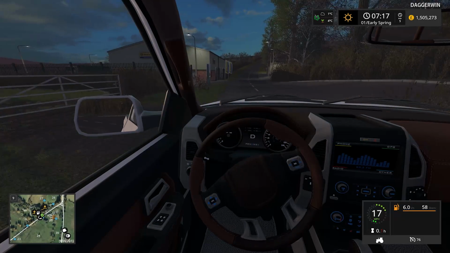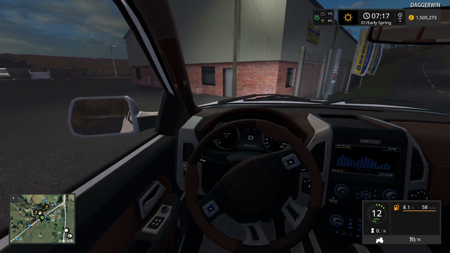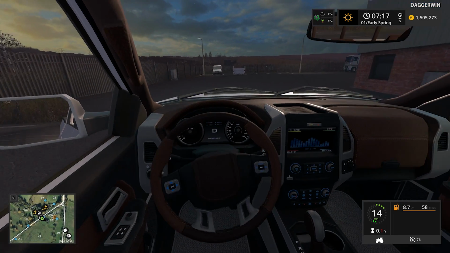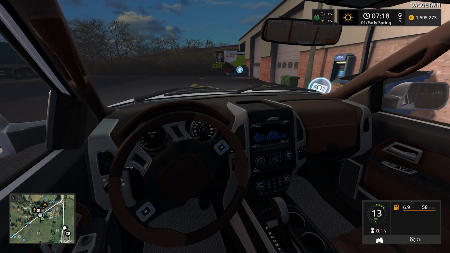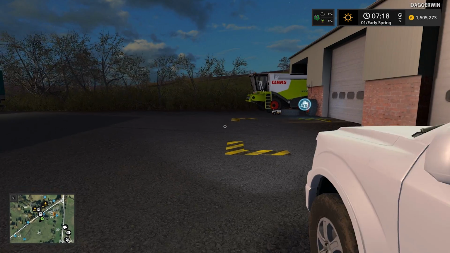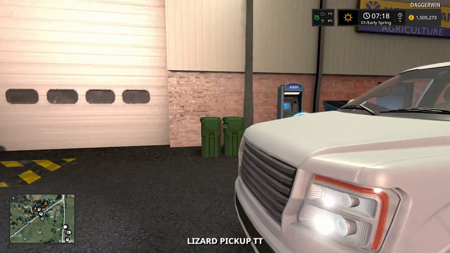So here is the store. It is a New Holland dealer, but they have lots of machinery available. So we'll pull in, and we will go and speak to their sales representative and see if they can do us some good deals. Better turn the engine off. Right. So,